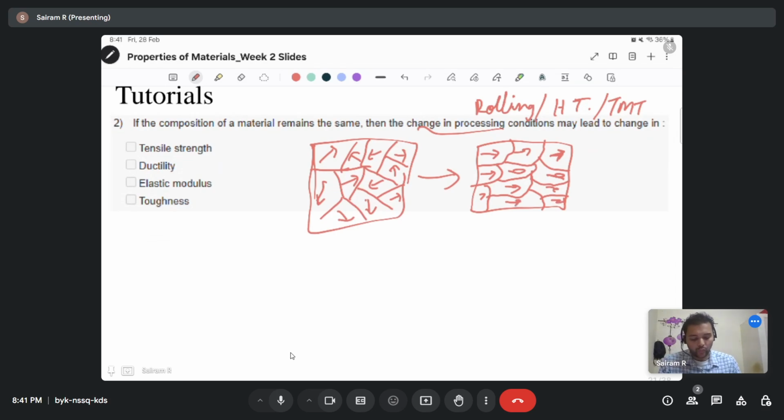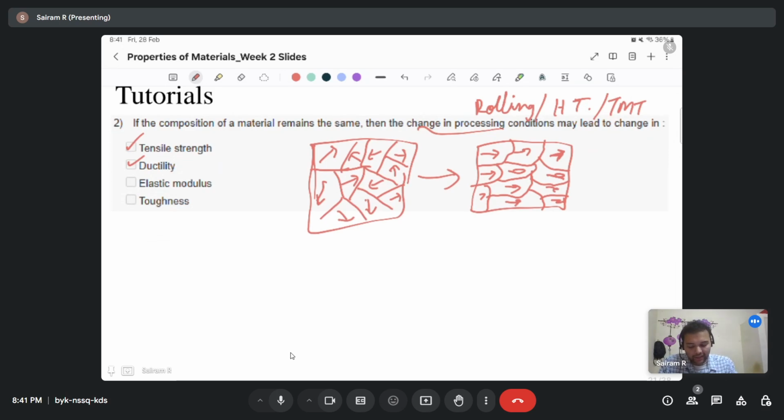So when all the grains start to orient along very similar directions, then there is definitely going to be an effect on the ductility of the material and the tensile strength as well. However,